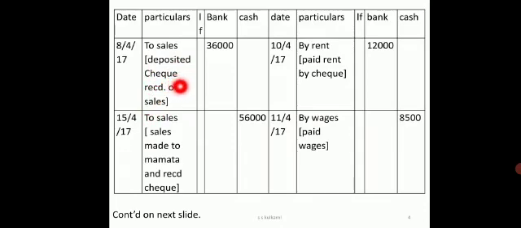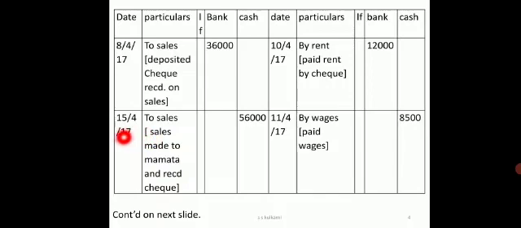So I will write sales and debit bank column because check is deposited on the sales immediately. Next, coming on 10th, I have paid rent. So journal entry will be rent account debit to bank account. So bank is credited by rent, so payment is made by check. So when check payment is there, 12,000 will be taken in the bank column.